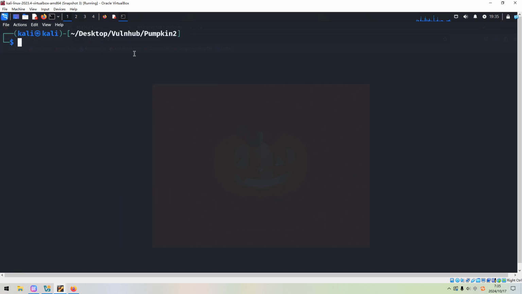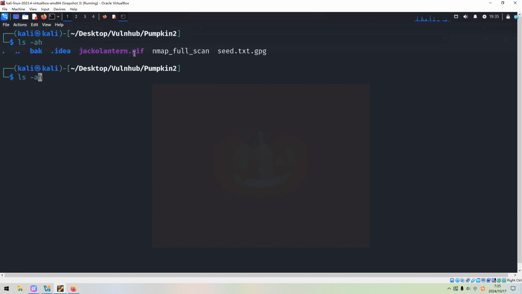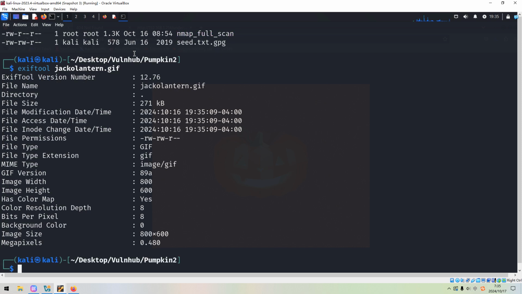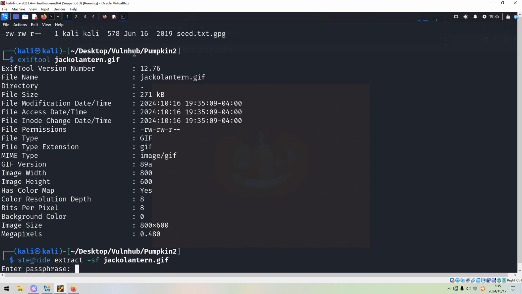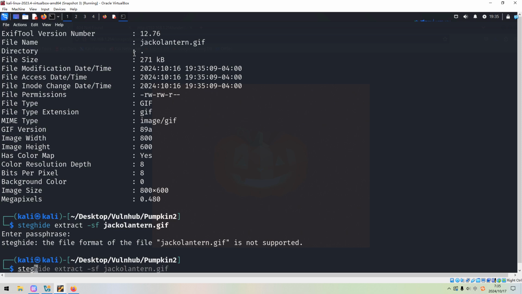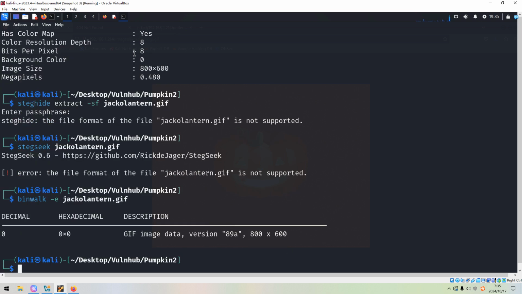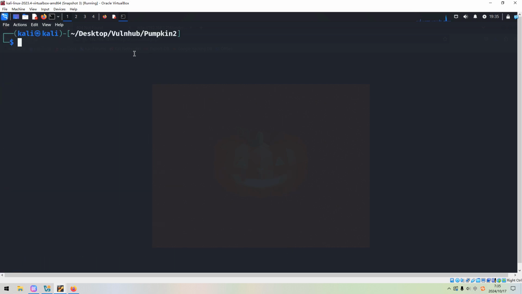So next we can use some techniques to analyze, for example, exiftool, but nothing here. Next, because steghide doesn't support GIF format. Stegseek also is the same. And if you use binwalk to extract the file, nothing here. So I think to analyze the GIF format picture, we need to use another utility,